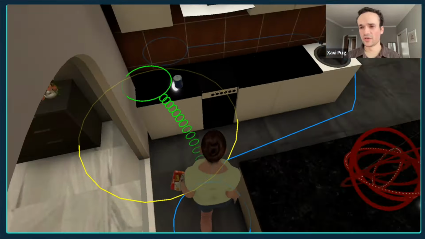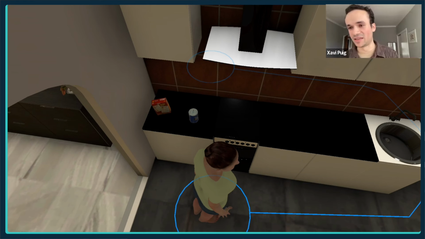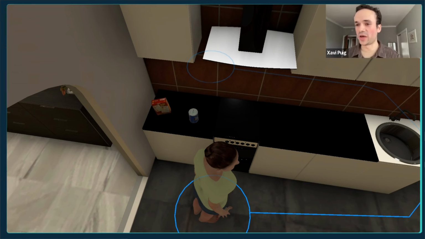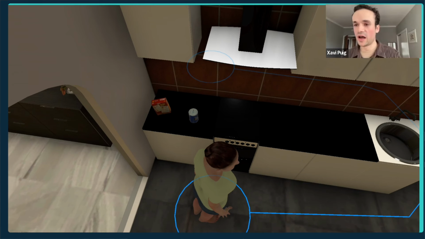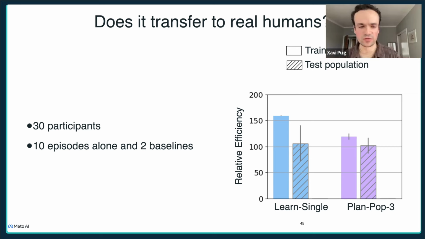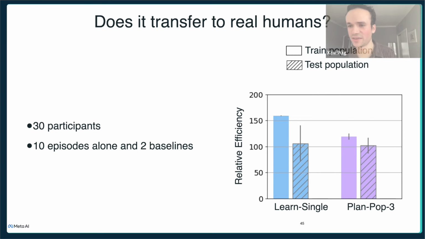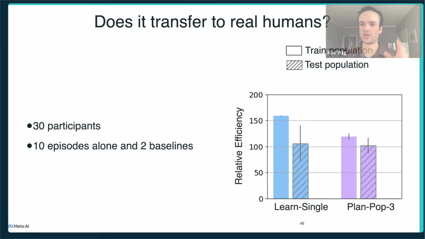So you can see here, the robot also rearranging objects in the task. And we will measure whether the robot paired with the human can do the task effectively and with a reduced amount of time. We did a test with 30 participants in our study, where every participant would either do the task alone or